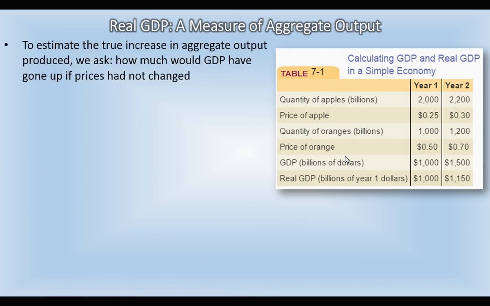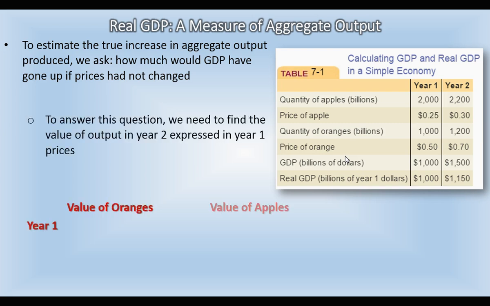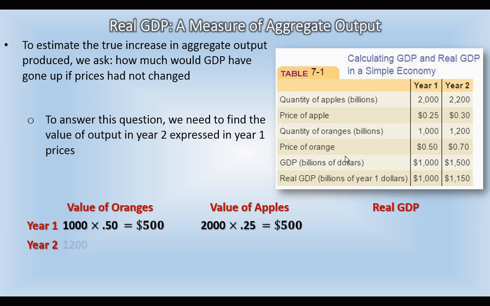To estimate the true increase in aggregate output produced, we ask, how much would GDP have gone up if prices had not changed? To answer this question, we need to find the value of output in year 2 expressed in year 1 prices. Again, we've got the value of year 1 output in year 1 prices equal to 500 plus